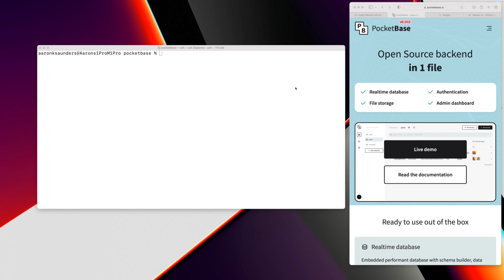All right, so let's get to the code. So first we need to install everything. What I want to do is create a project directory, and then inside that project directory, I'm going to put a PocketBase directory, and then I'm going to have a directory for my application. So we'll start by creating that project directory,